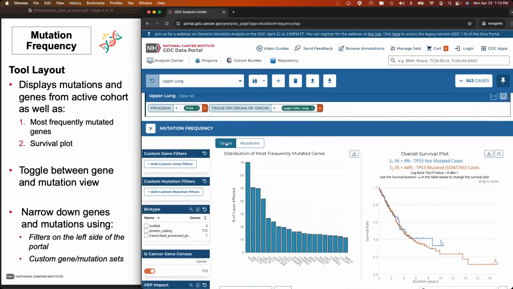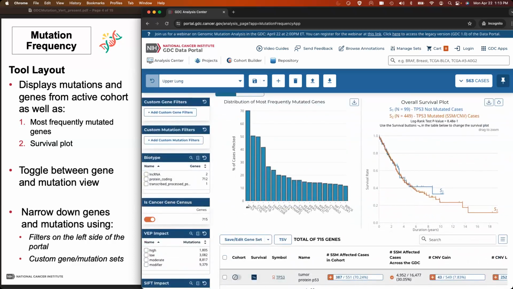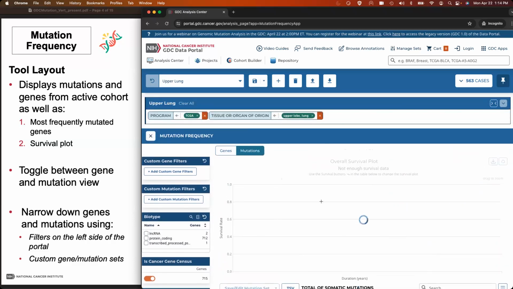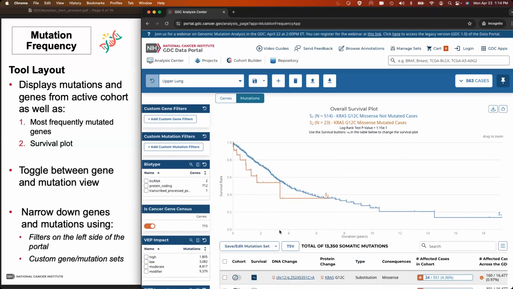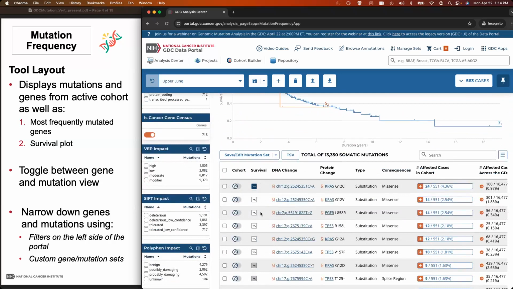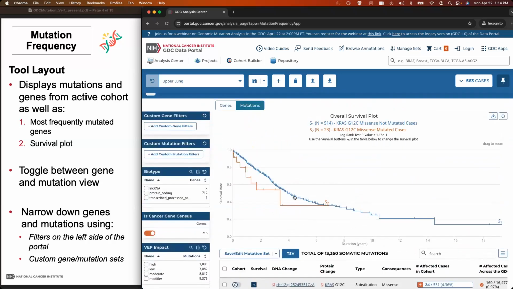At the top here, you can select between looking at genes. So each gene represents a gene in a case that has a mutation in it. So even if these 387 cases have a mutation in TP53, it might not be the same mutation. So let's go ahead and click on mutations, and the graphics are not that different, except that we don't have the top mutated genes because that wouldn't work in this case. And this is a list of all of the mutations. And of course, it's much higher because you could have multiple mutations in a gene. So let's go back